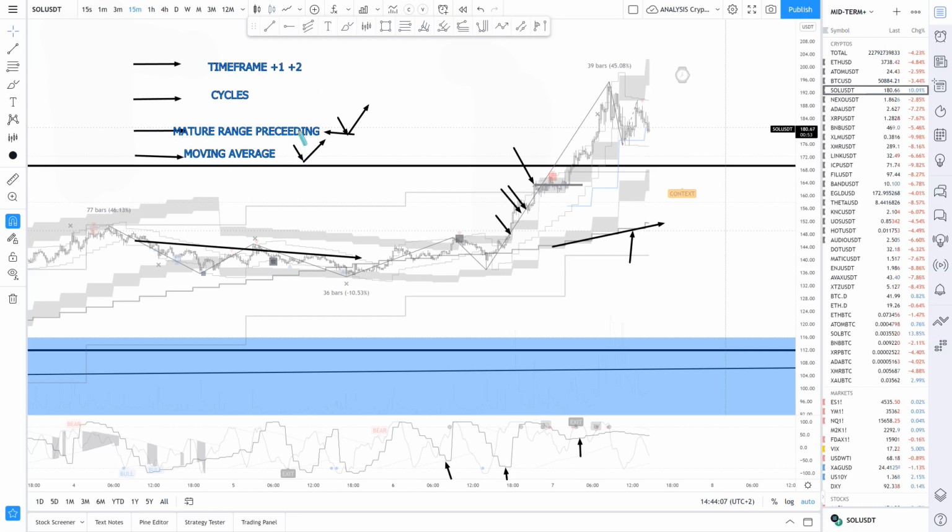Do you care about the preceding range? Of course not. It's not really useful in a pullback context. It's just there to confirm the fact that we have a trend. What could the moving average look like when you are in a pullback? Is the moving average still rising? Yes or no? Absolutely. So a rising moving average is one requirement for a pullback.